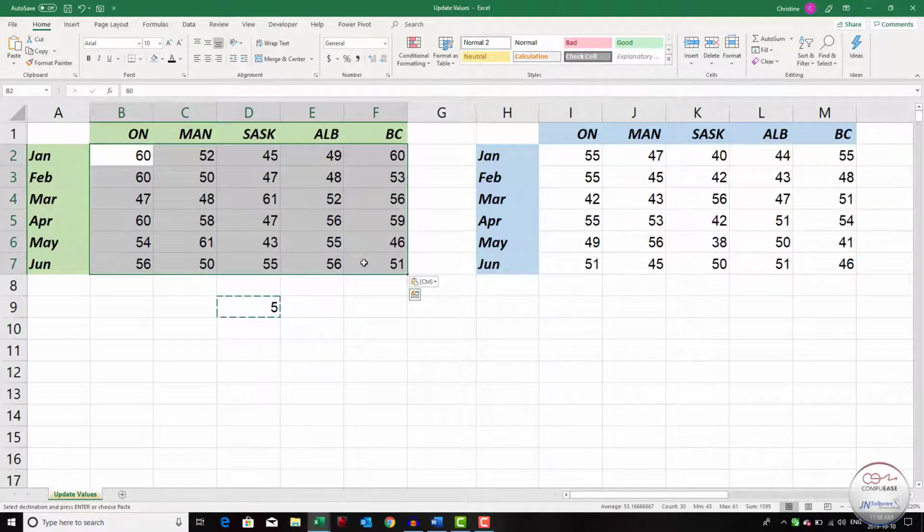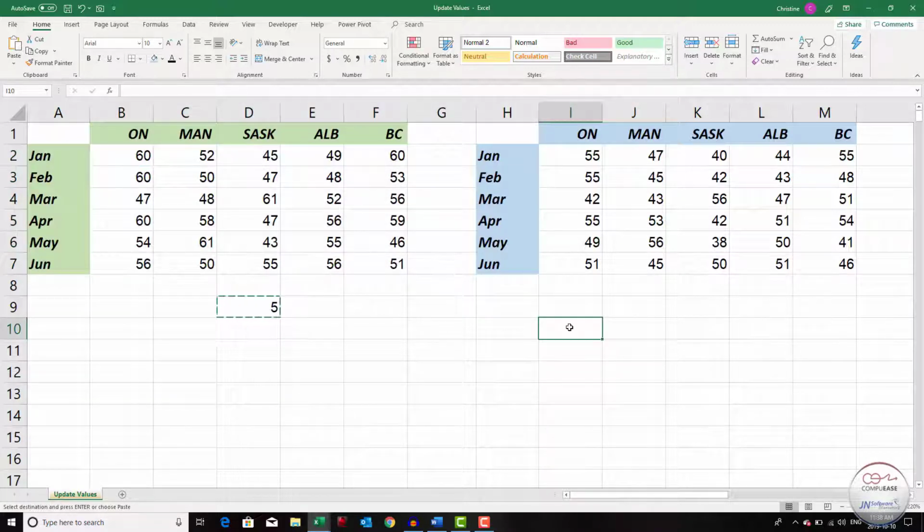Let's try this again with this list of numbers, but this time I want to increase these numbers by 7%. So we need to multiply the numbers by 1.07. I'll click in any empty cell and type 1.07, press Enter, click back on the 1.07 to select it, and